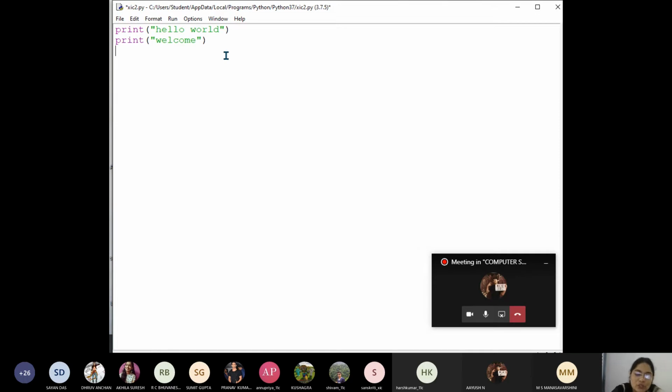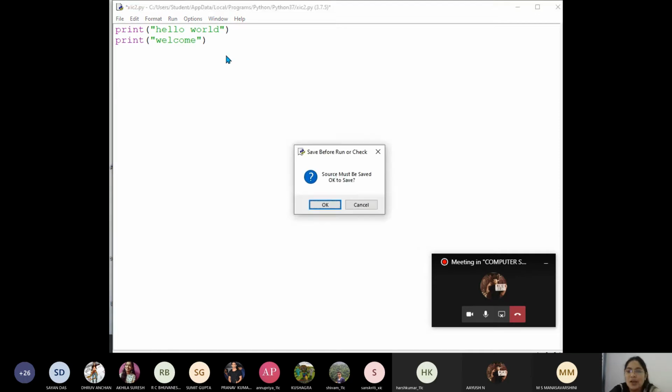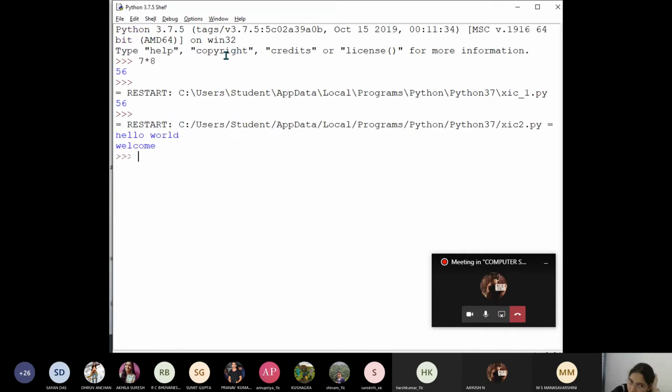Then what does it show when I press F5? It is not taking me to the output. Instead, it is waiting for me to correct it. Got it? Now once everything is correct, then what happened? Have I got the output or not? You can see the output. Can you all see the output? Yes or no?